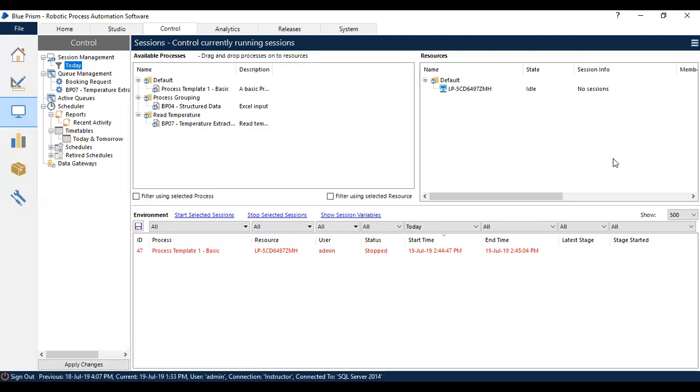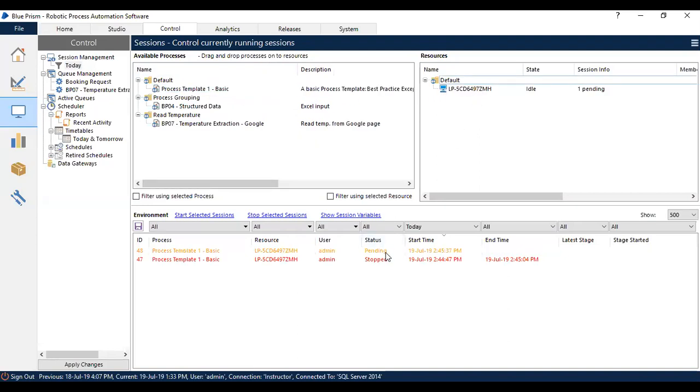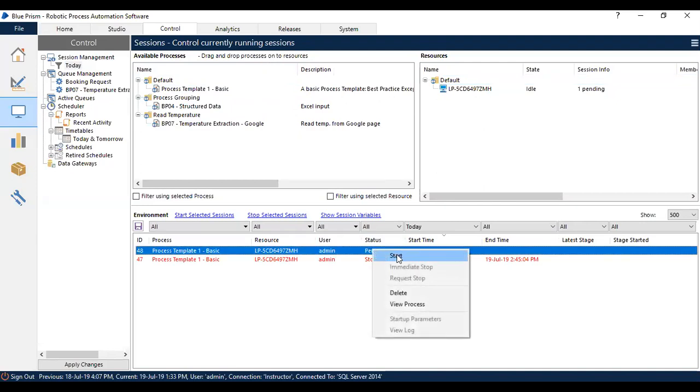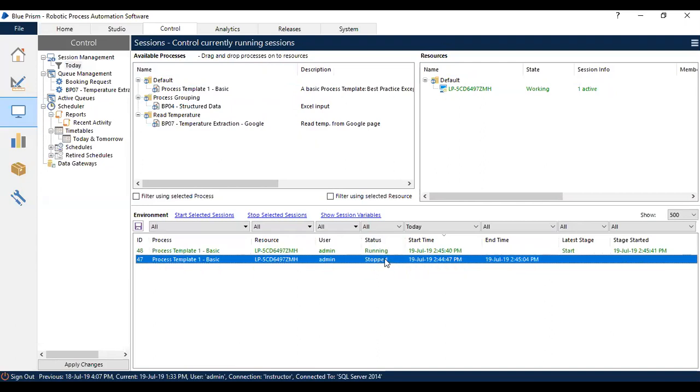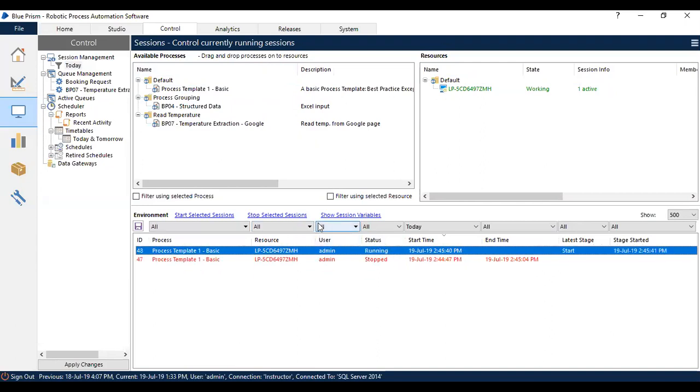So we are back again to the Blue Prism screen. Here we are going to see how to see the session variables or modify the session variable based on the requirement. We are going to see the basic process because that is already having the session variable. Just connect it to the bot to run and right click and start the bot so that it starts running. And when it is in the running mode, just select the process and use the show session variable link, which is available here in the blue link part.